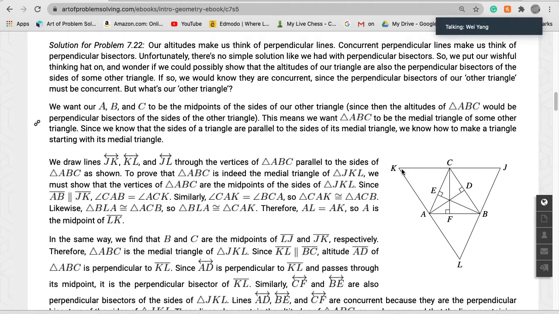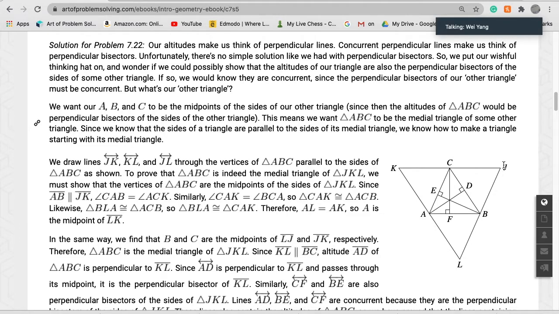We draw a line KL parallel with BC through this point A. Then we draw a line LJ parallel with AC, and another line parallel with AB, that's KJ. Then these three lines intersect at